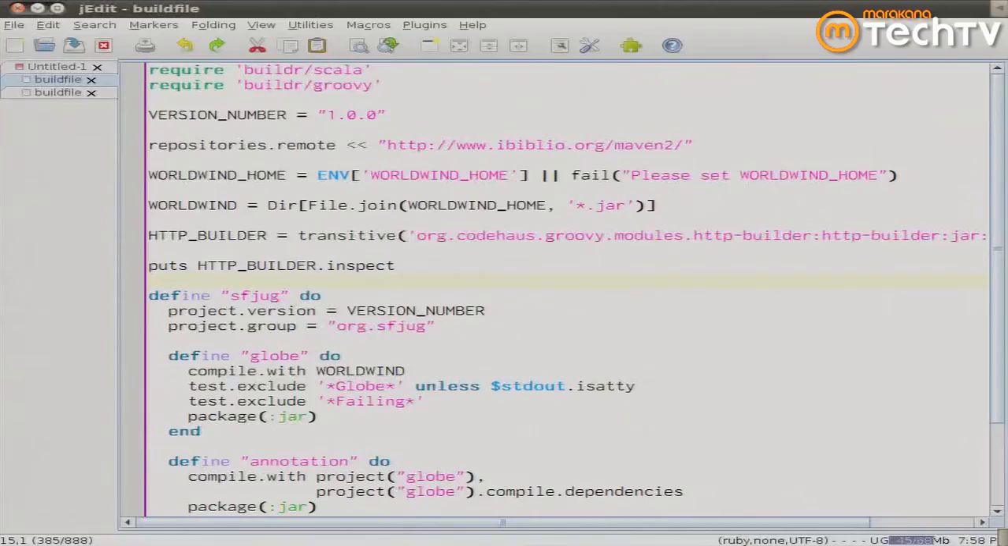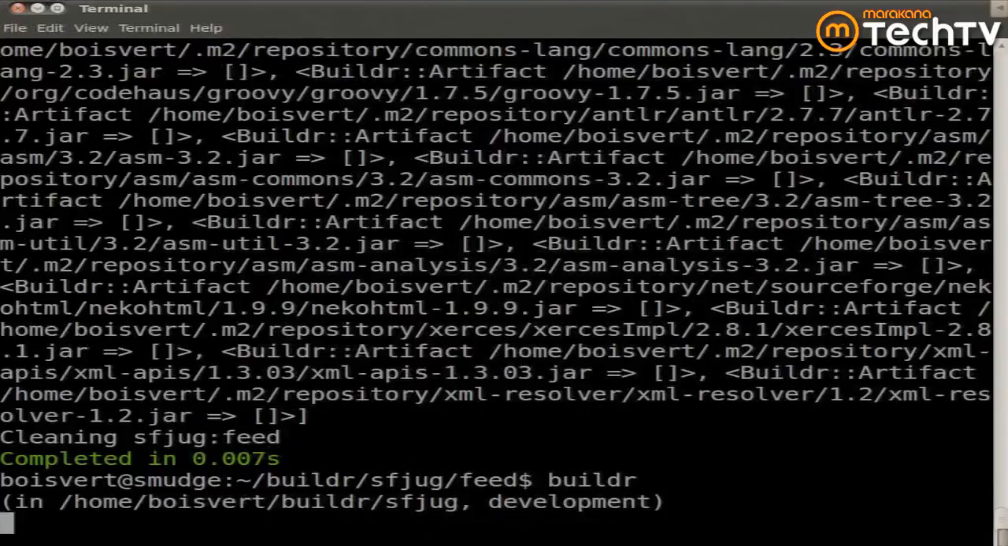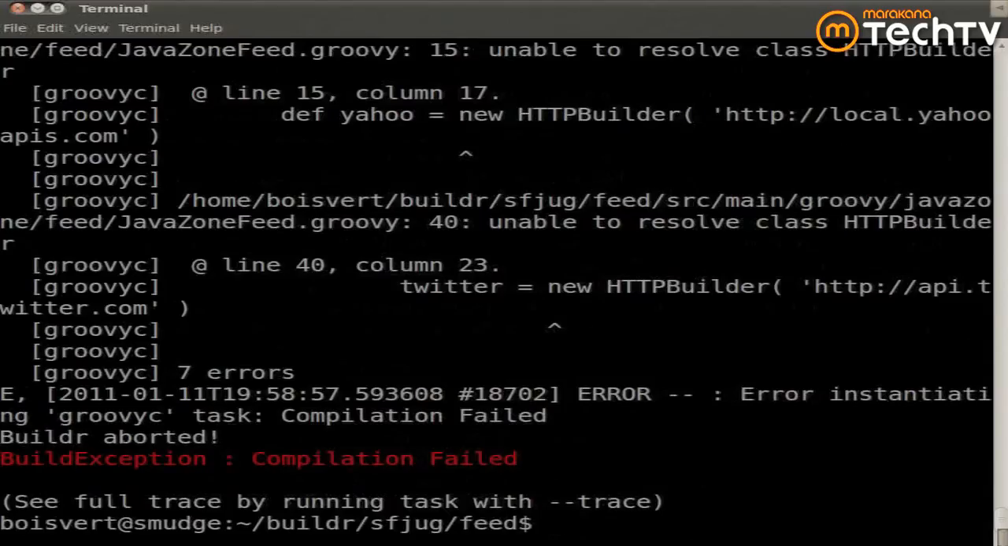ASM, I don't know why they're using this in all of these libraries, but it doesn't matter. This is a demo. I just grab all the dependencies. I'm happy. I have lots and lots of dependencies. And if I try to build again,